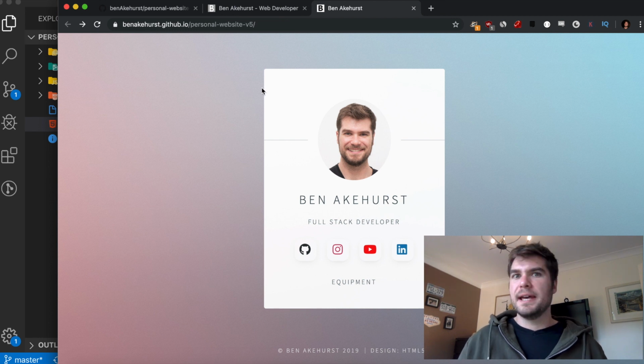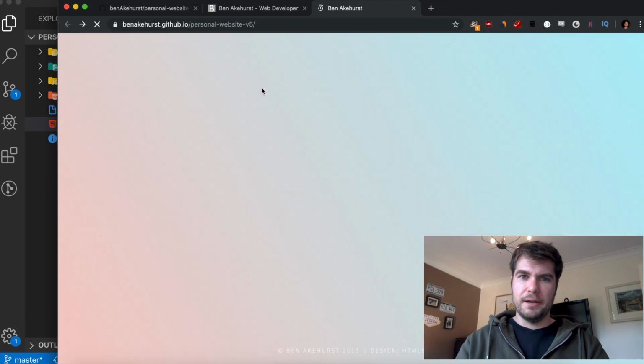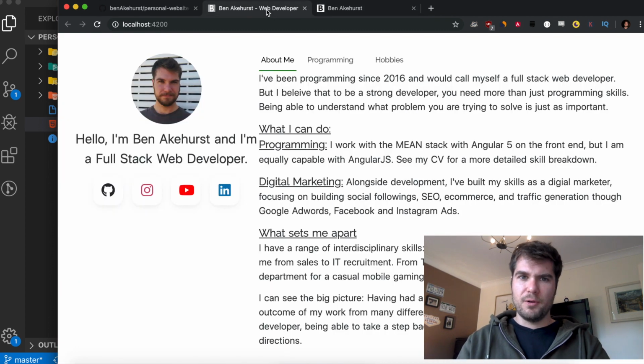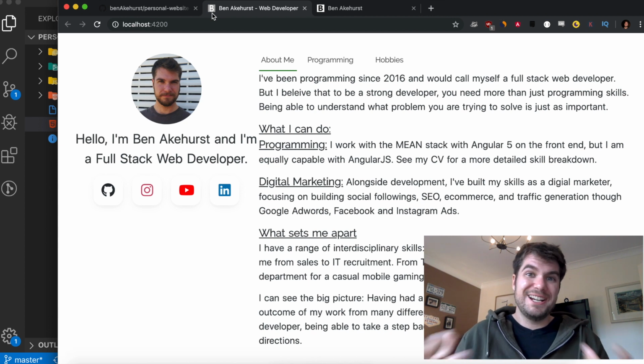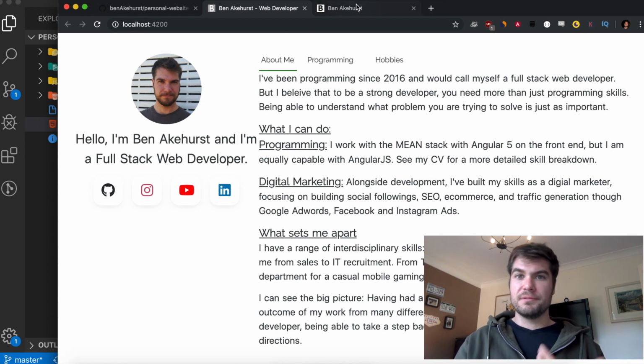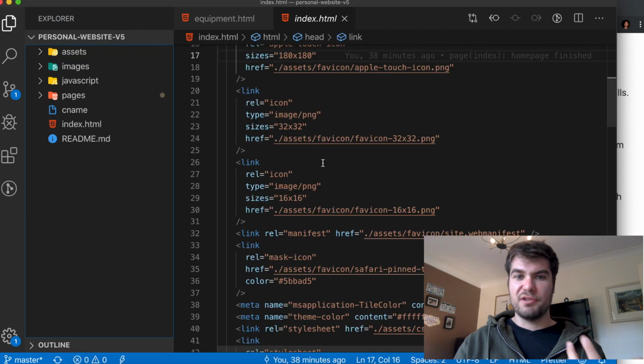Something that Google did in their last update was taking a lot more emphasis on a site's favicon and making it part of, like, when you reload, you can't really see it because it's so quick here. But it goes to a little circle and it goes back to square. So sites that don't have favicons now, especially in the newer versions of Chrome, it really stands out. So that was something that was really important for me to go and get in there straight away.